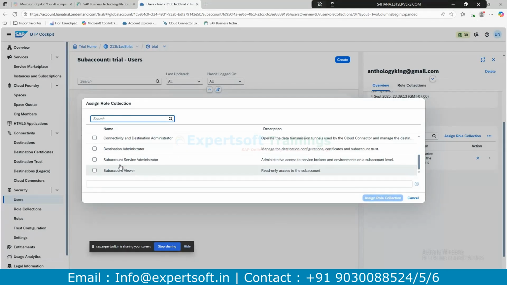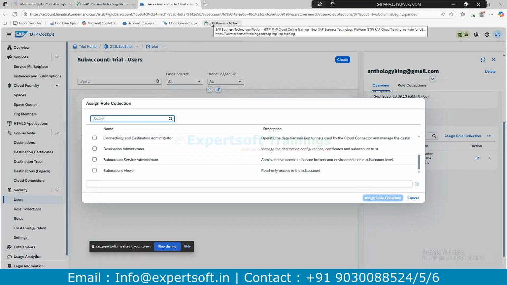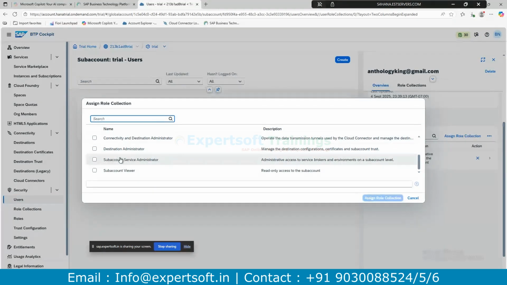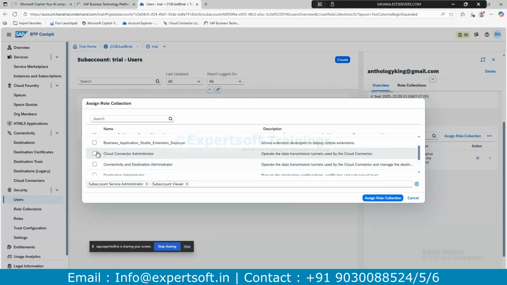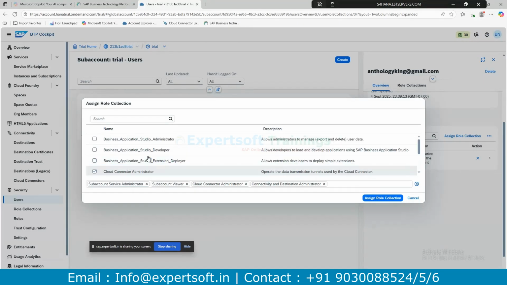So currently you can see only a few roles. Why? Because I have not subscribed to multiple services. If I subscribe to multiple services, then the role collections will increase accordingly. Currently, I have created a sub account, then sub account related role collections we can see, and also I have used the cloud connector, and you can see a cloud connector.